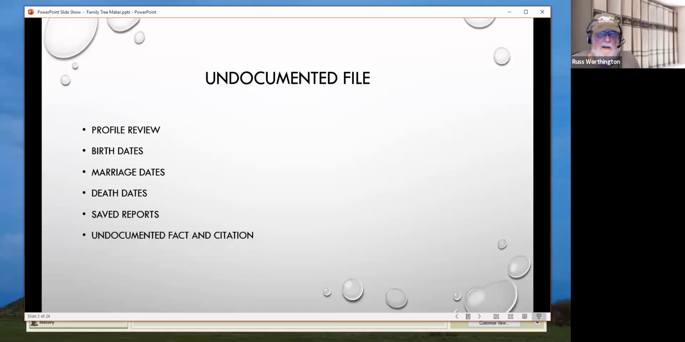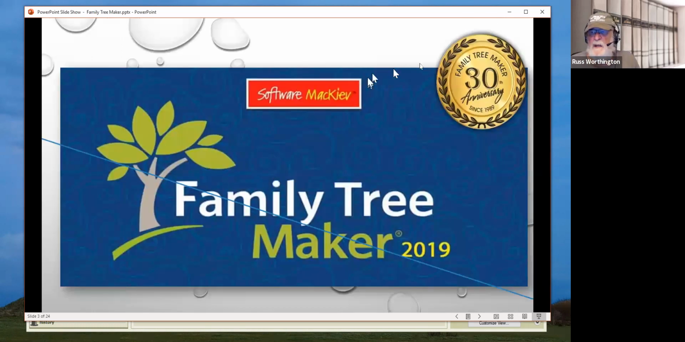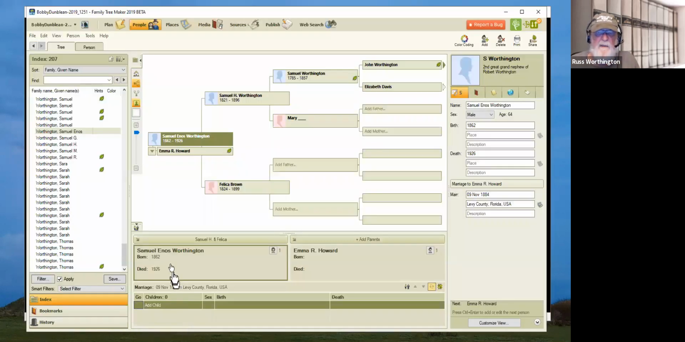And then I will put a citation on an undocumented fact that I've created for this purpose, and I have a citation for it, and I will show you how I do that. So let me bring up Family Tree Maker, because I have an example. This is the People Workspace. I have a filter, and remember in Family Tree Maker